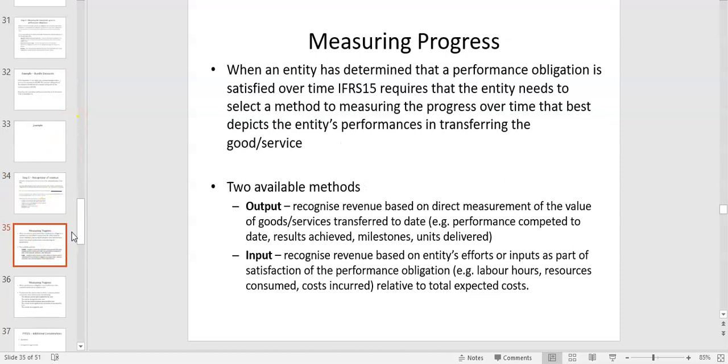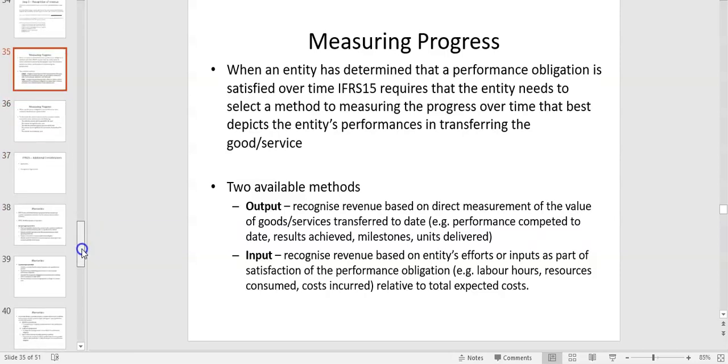Right. How you measure the progress. Now, this is one thing to note here, is we're not looking at IFRS 15 in the context of construction contracts. That'll be something you look at next year, which replaced IAS 11. And we have long-term construction contracts. But you can measure progress in terms of if you've some performance obligation that needs to be recognized over a